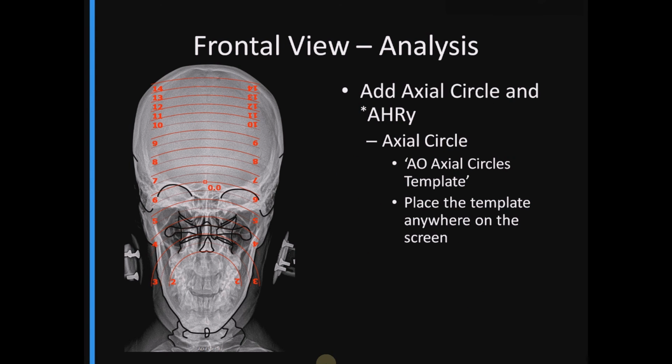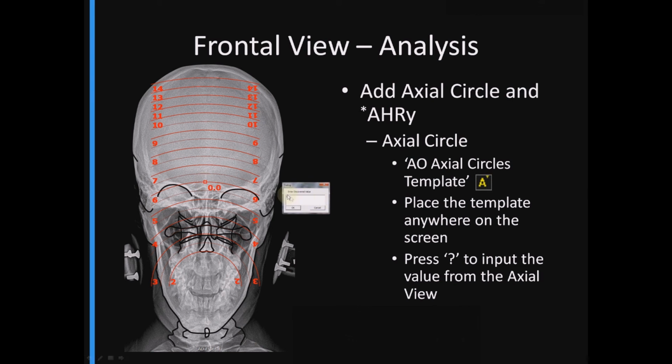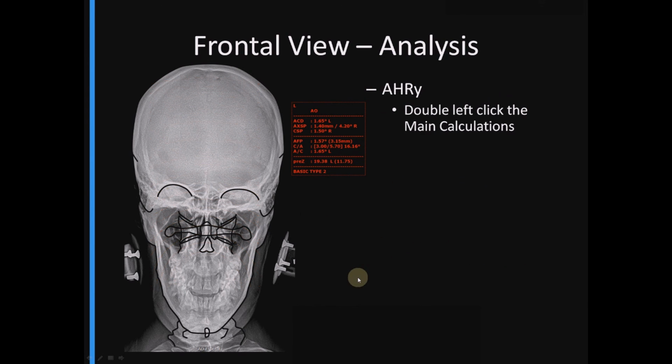And our next step is to add the axial circle from the axial film into this study. And how we do that is we'll just click on the AO axial circle template, put it on the screen, press the question mark button after you touch the center spot here of the template. And when you press the question mark button, it'll put the little box up and you'll type in what that number was. And in regards to putting the AHRY in there, we'll be discussing that in our next slide,